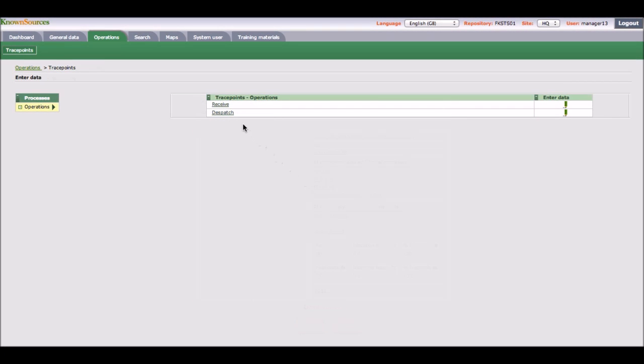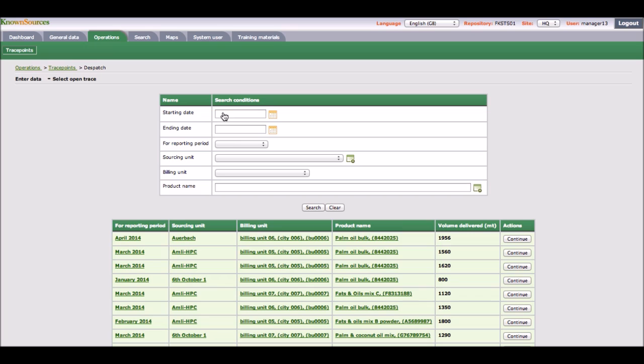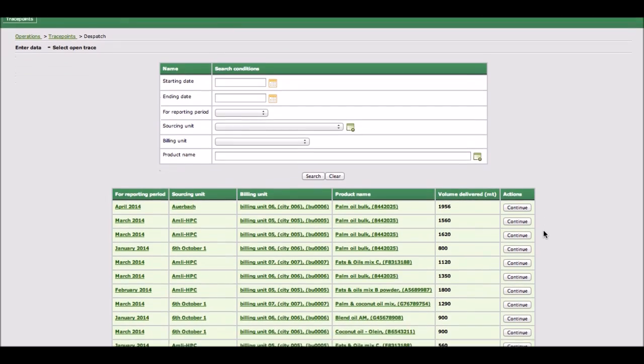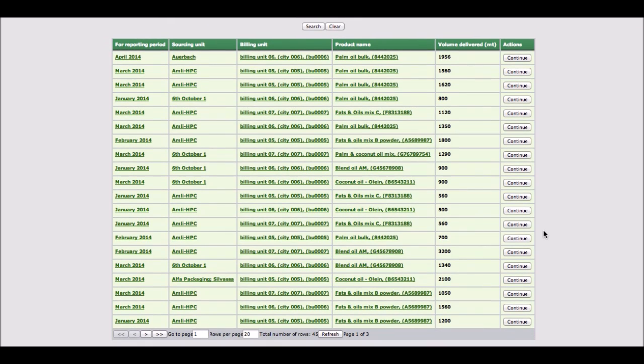Dispatches work a little differently since the data is provided by the buyers. Once you open the dispatch trace points, you will find a list of open trace points. That's what we call them. So these are deliveries to the suppliers within a certain reporting period to a certain sourcing unit from a certain billing unit. You can search for certain items. You can limit, for example, by reporting period or by sourcing unit or by billing unit, whatever you prefer. And then you can open one of the open elements. Open in this case means that there's some